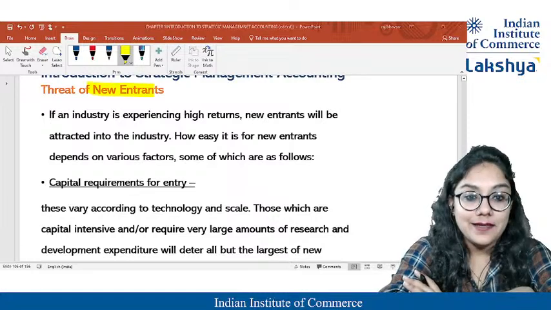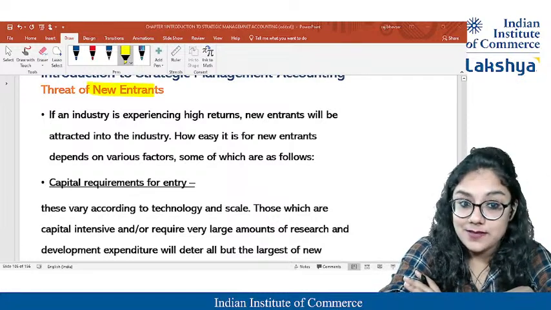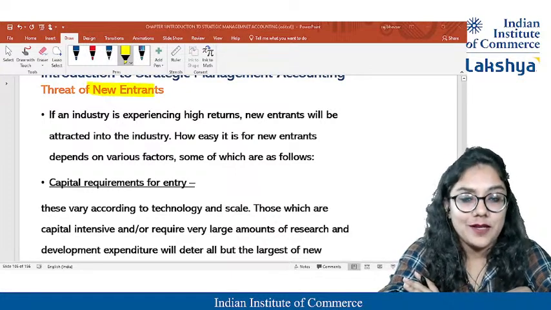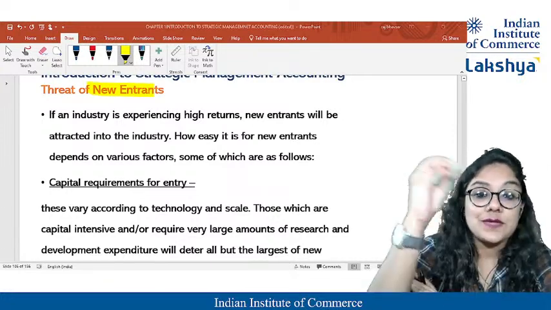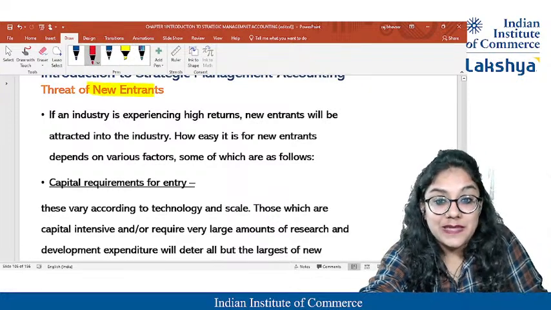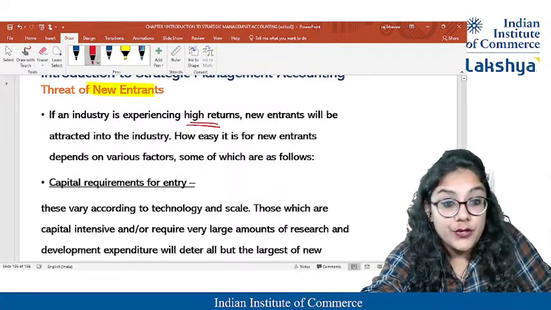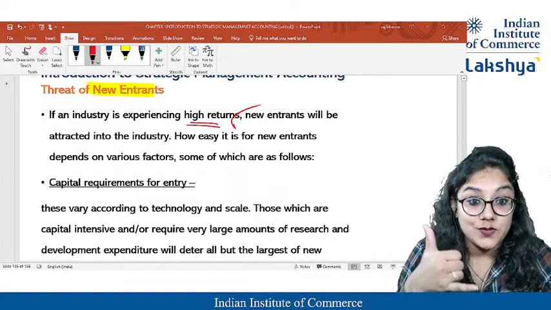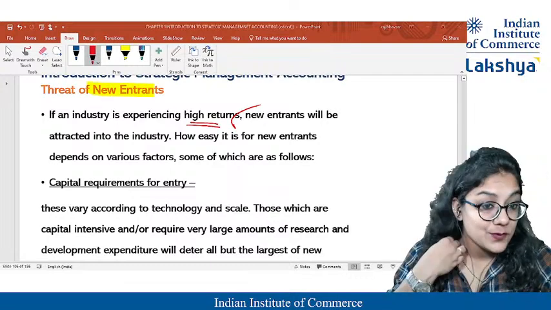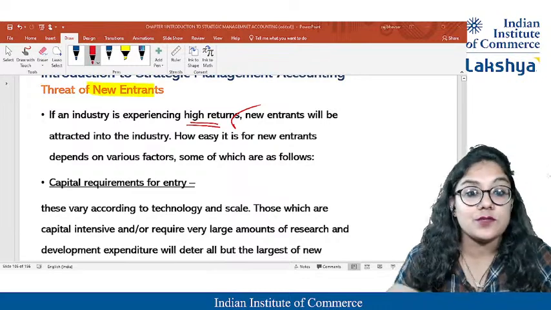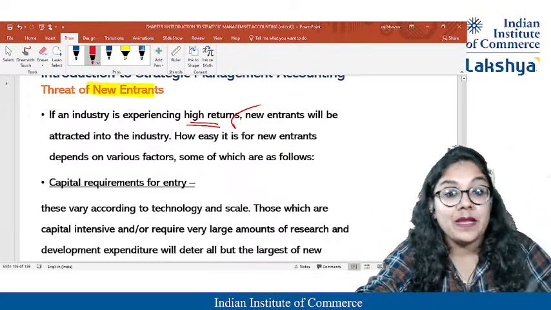If I feel it's not easy to enter the market, not easy to start the business, that means there are a lot of barriers. Then it's good, because there are not so many competitors. So that is the first meaning, which says that if an industry is experiencing high returns, new entrants will always be attracted. If you know that today the telecom industry is getting ahead, the fashion industry is going ahead, then more profits mean people will want to invest and start that business, right? But is it so easy?